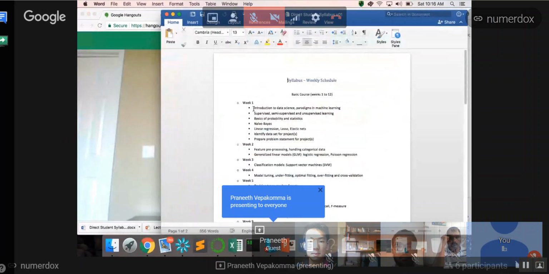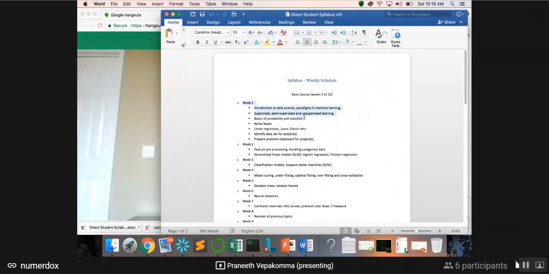Okay, so basically, this is week one. We'd be covering some very introductory overviews of the kinds of paradigms in machine learning, just so that you have a bigger picture of what's in there. We're not going to delve into anything deeply. Then we're going to move into something that's really a prerequisite for any material of this kind. We're going to refresh, like a primer on some basic probability and statistics concepts that are relevant to get started on the techniques and the methods.